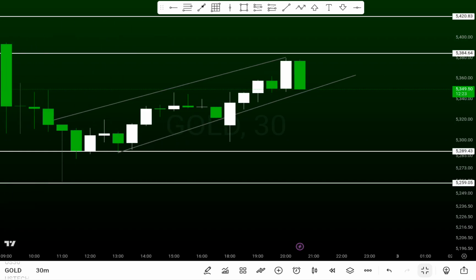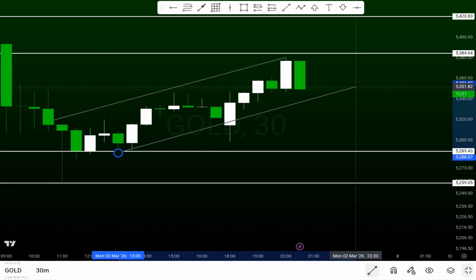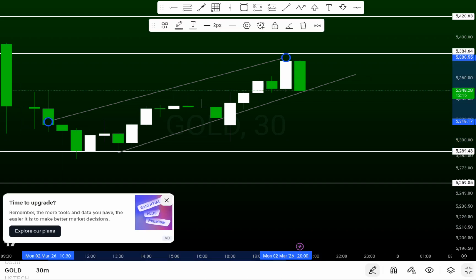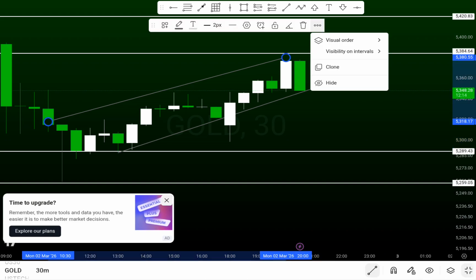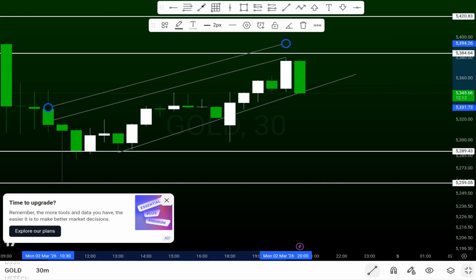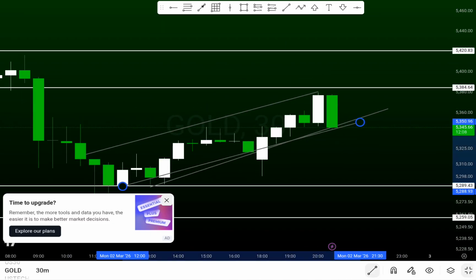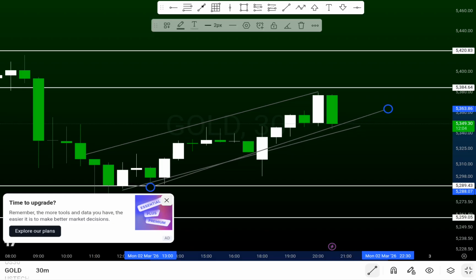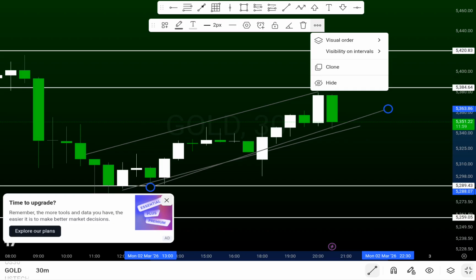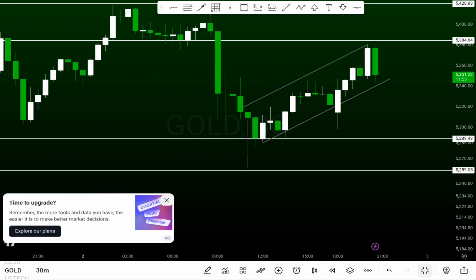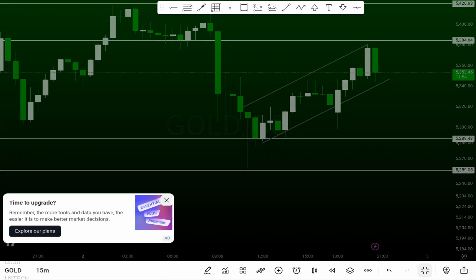What I normally mark out is my market opens, and it has to be even, mind you. Or what you could do is go there, click on the three dots, clone, and then you pull, you drag. When you drag, you'll find the right price level that you're supposed to check out. Then I'll just cancel my old one. And if you head over to the 15-minute, you'll see that price is